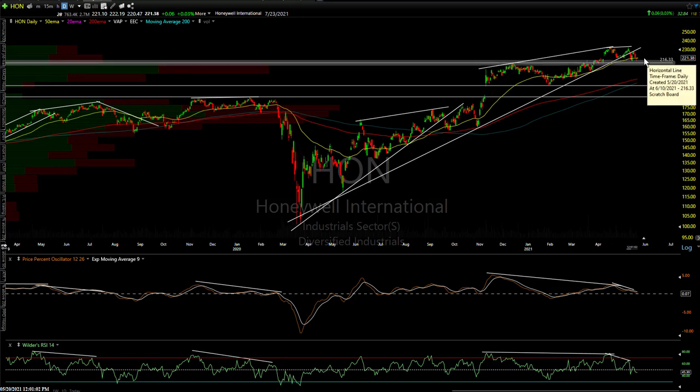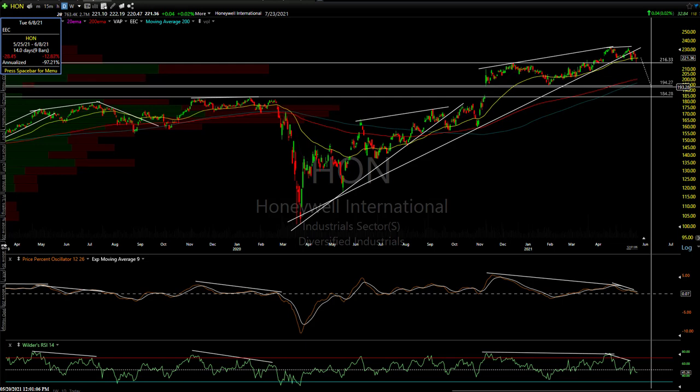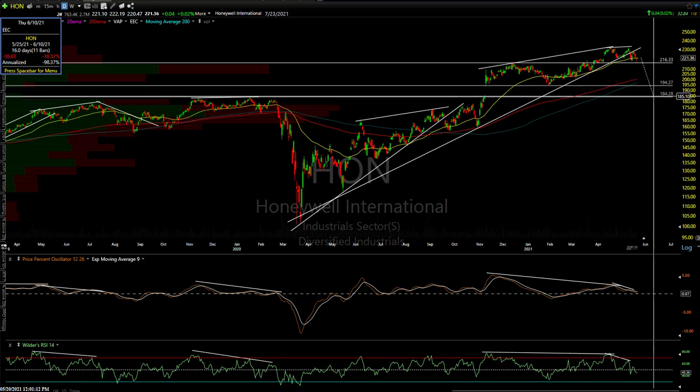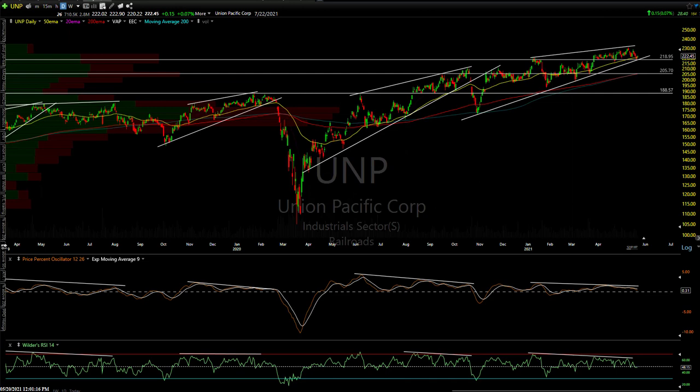And again, where are we going to go? That's the other thing. How big are we going to drop? On a lot of these, I'll highlight my minimum targets or my likely targets. That's about a 12% drop to my first target and about a 16.5% drop to the second target. UNP, look at this beautiful bearish rising wedge pattern. One of my favorites. You get a nice, very clean, well-defined uptrend line.